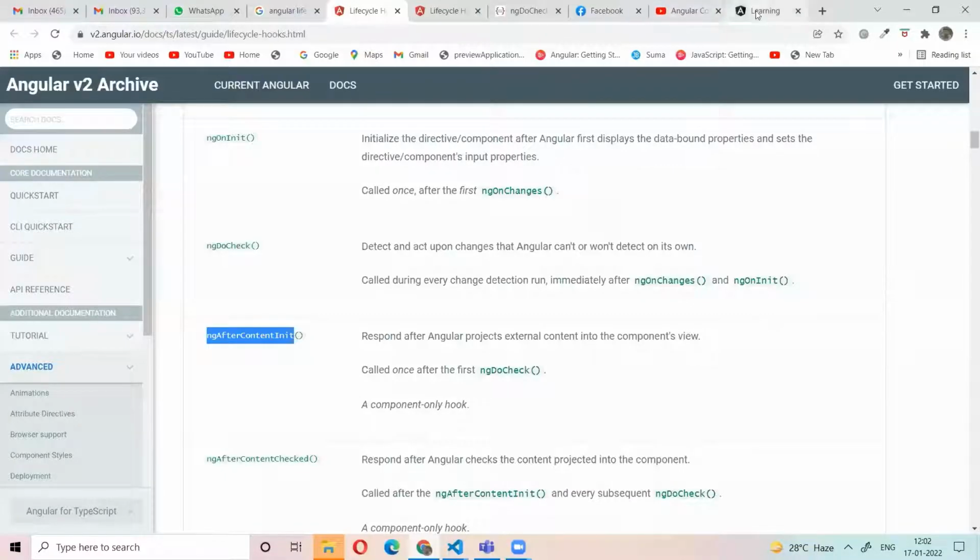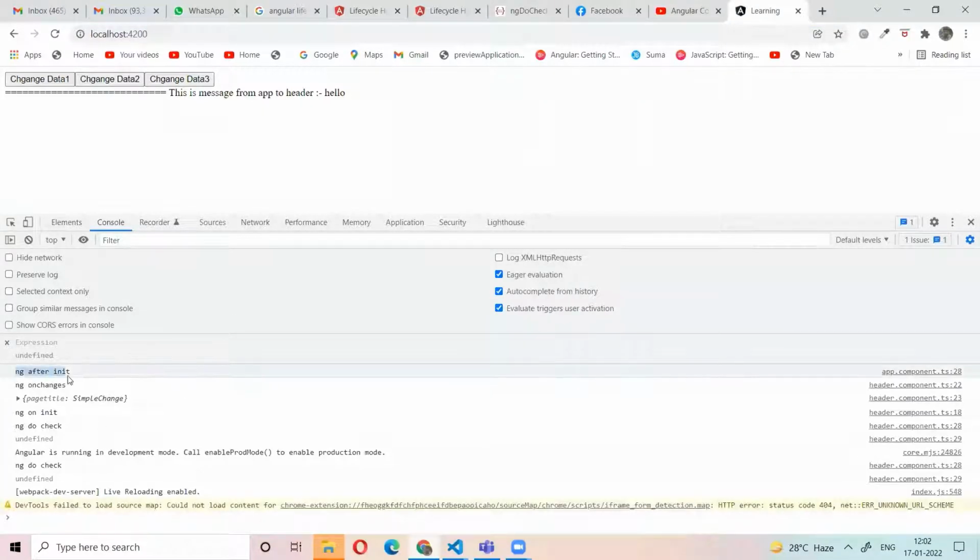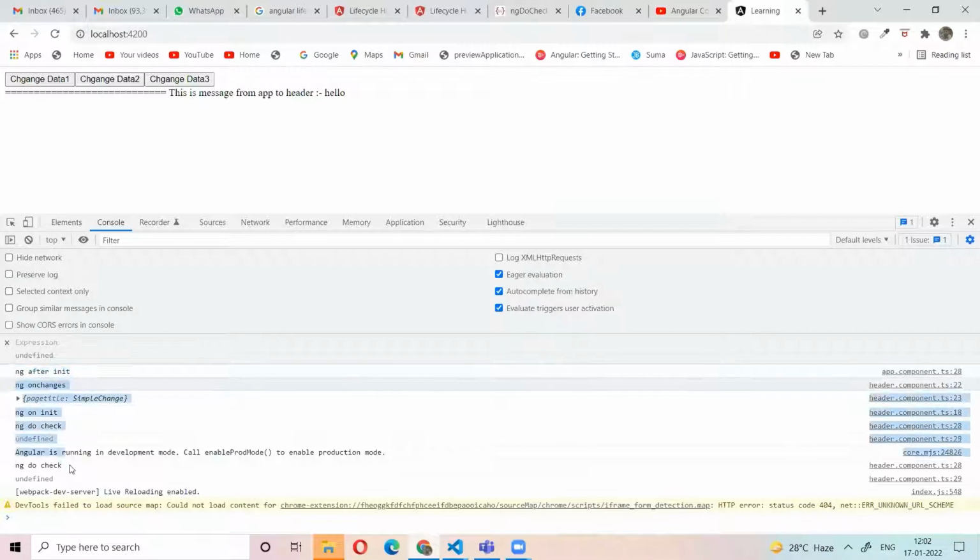Let's see. When the application is loaded, first ngAfterContentInit is initialized. So after initializing the child component, only then are the child component's life cycles called.